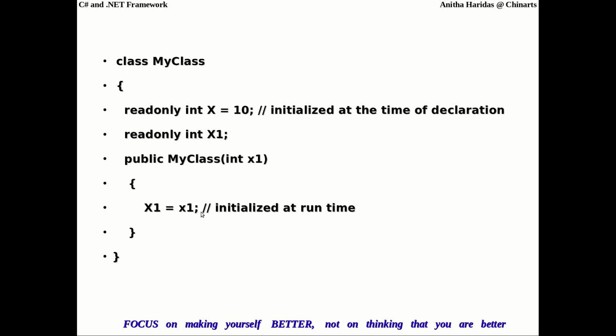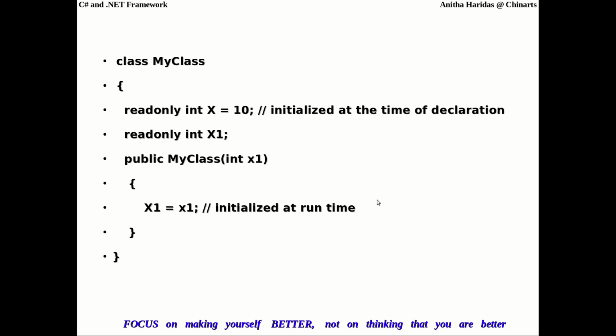This is an example. I declare a class and I am going to declare a variable as a read-only variable. Observe here, I am assigning the value here itself. This is also possible. Or I declare another variable here as x1 and I am initializing this capital X1 inside the constructor.